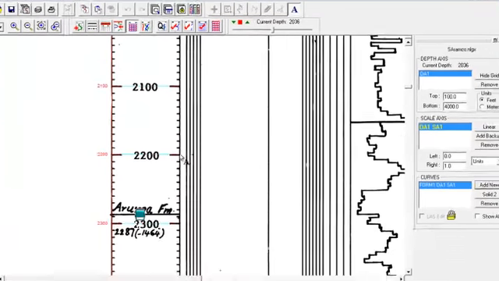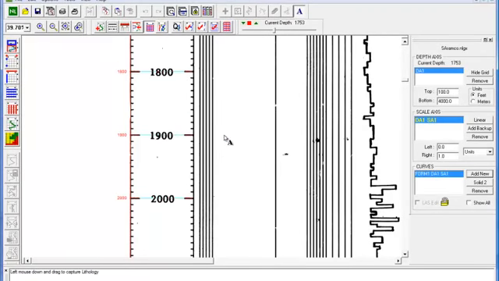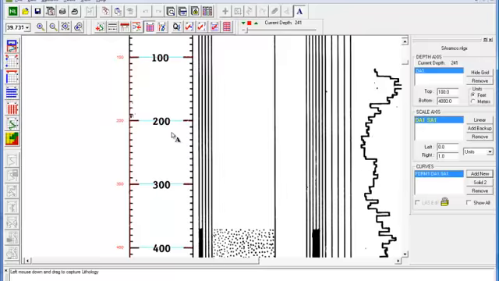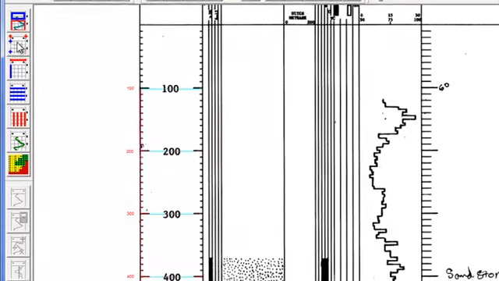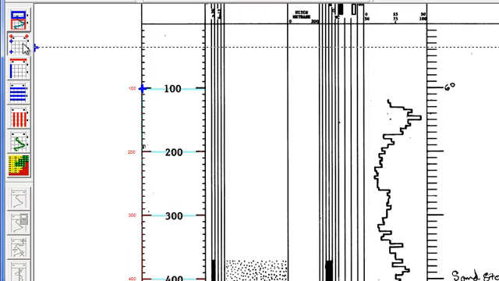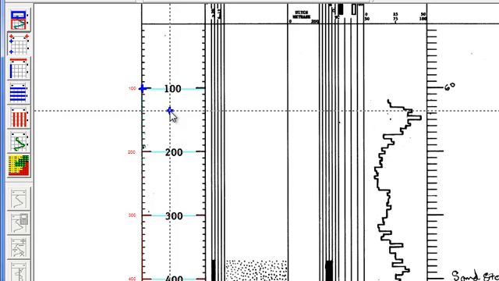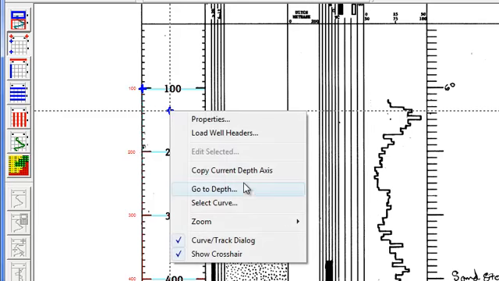Okay, so we'll just cover a couple of them. So we're going to go back to the top. Now we're going to actually use this depth grid to capture the rest of them, so I don't have to recalibrate. So what I'm going to do is go back to my calibration mode. I'm going to right-click, and I'm going to copy